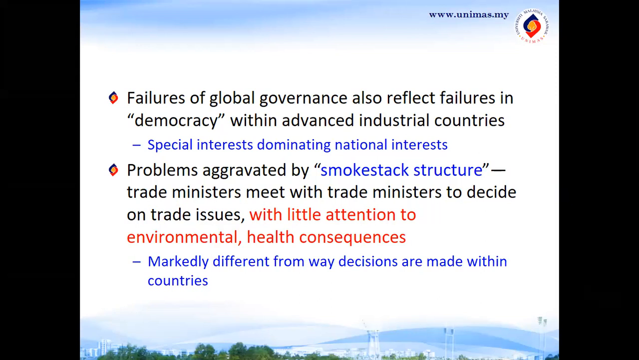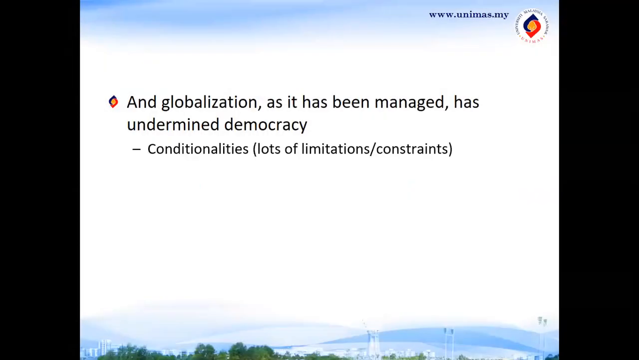So when ministers from different countries meet, they forget about issue dalaman, for example, issue environment, issue kesehatan sebagainya. They move more to issues of trade in terms of economic benefits. Yeah. Okay,